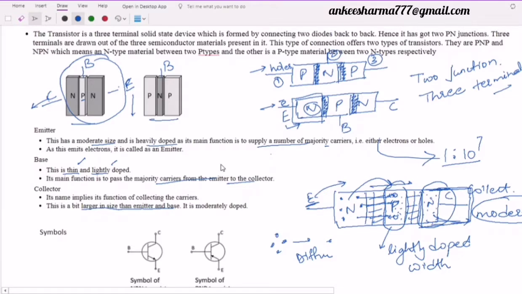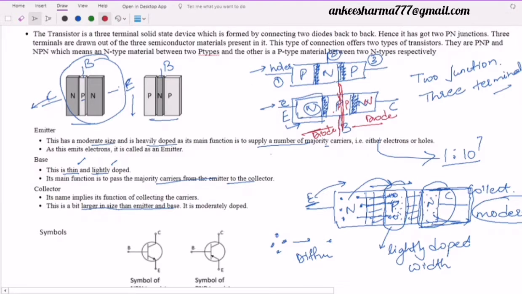We have done a detailed discussion on the diodes. It means now you won't find any difficulty in studying these transistors, because if you look here, if I divide my transistor from here, or just for the imagination, if we divide it, can I say that over here I have a diode where this is N, this is P, and if I look at the other side, here I am having P and here I am having N. So it is one more diode.